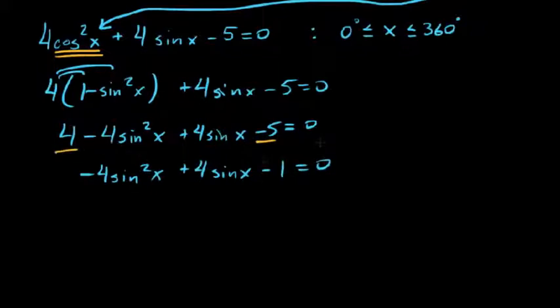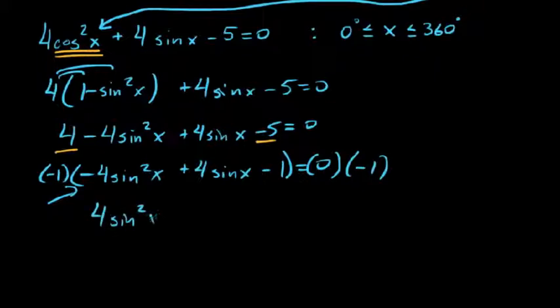So now our method is going to be to factor this in order to solve it. And in order to do this, it's not a necessity, but it is convenient, we're going to make this leading coefficient positive. So let's take everything on both sides of this equation times negative 1. We take it times negative 1 on the right, and we take it times negative 1 on the left, essentially just flipping all the signs on the left, and since we're taking 0 times negative 1 on the right, it's not going to affect what's on the right. So we have 4 sine squared x, minus 4 sine x, plus 1 equal to 0. So now, factoring this,